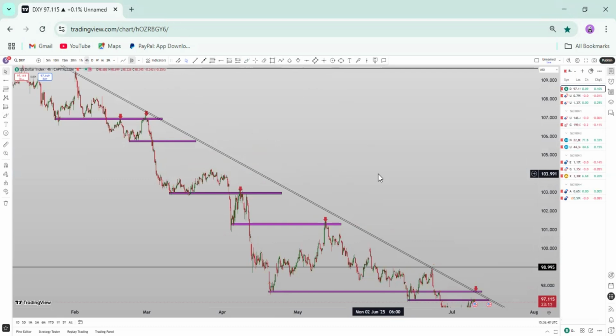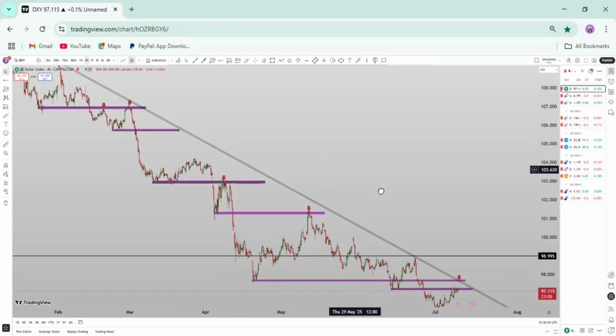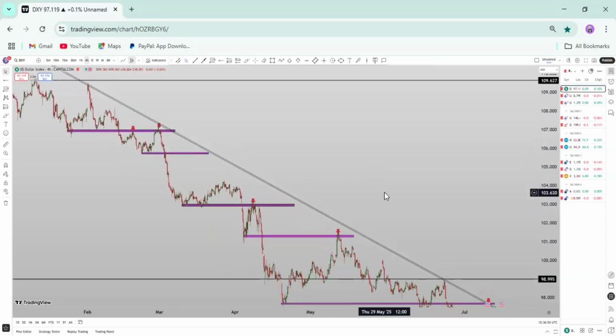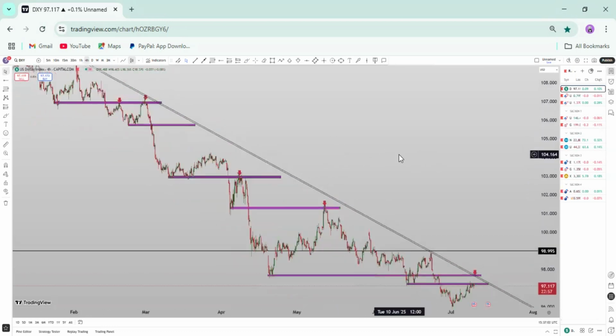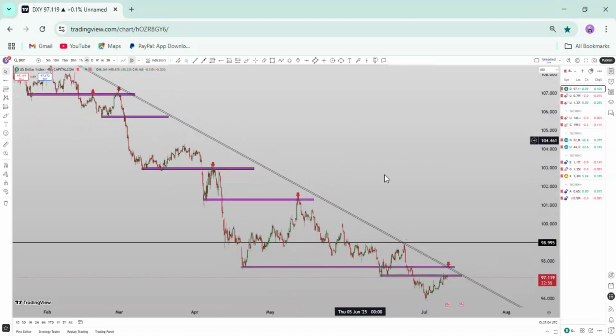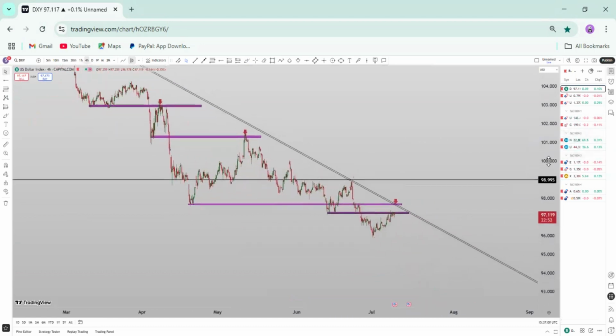So this week we are continuing to do our analysis as usual. We are going to start with the DXY from a larger time frame. And as you can see very well, we are still on a strong downtrend. DXY is still on a strong downtrend. Now let's do some analysis on DXY